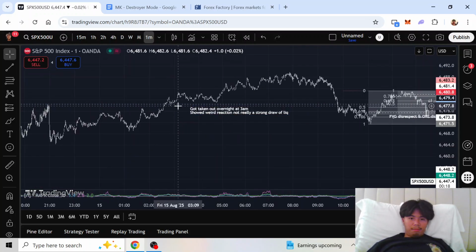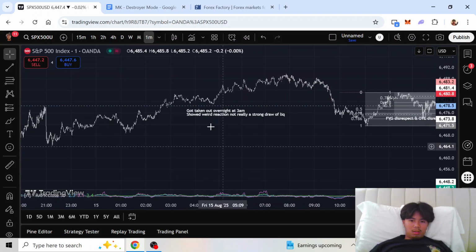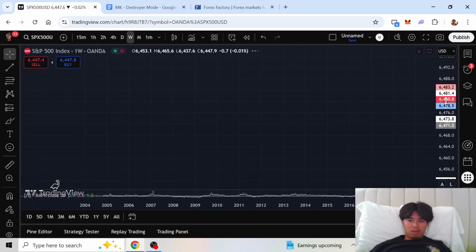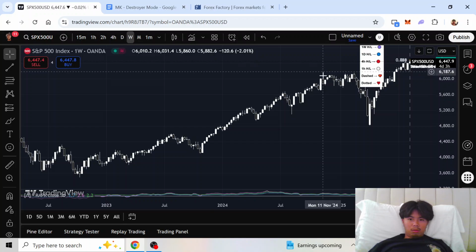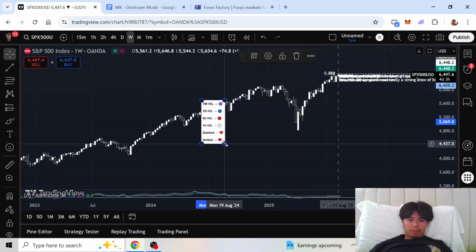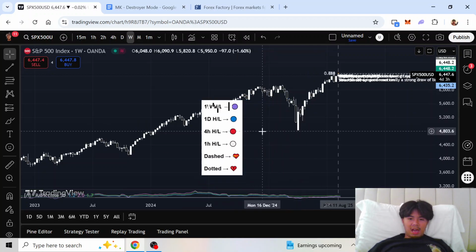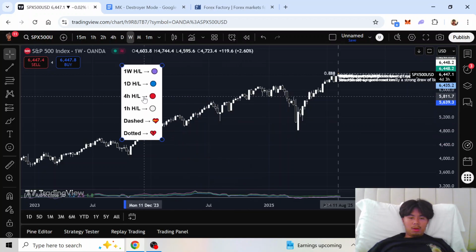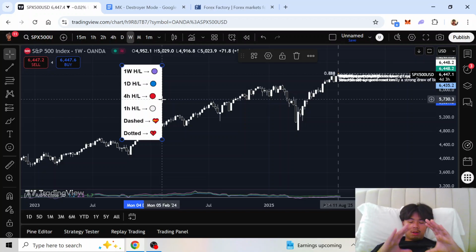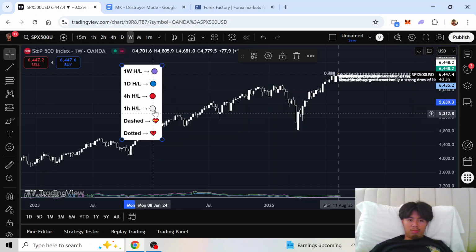Okay, so what is blue again? I got my new color code, let me just show you guys quickly. Reset chart view, there we go. The weekly highs and lows, I'm going to use purple. Daily highs and lows will be blue, red for 4 hour highs and lows. The 1 hour highs and lows that I will be consistently trading during market open will be white. The dashed line means the liquidity is still intact. The dotted line means it